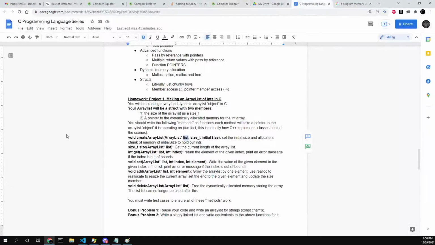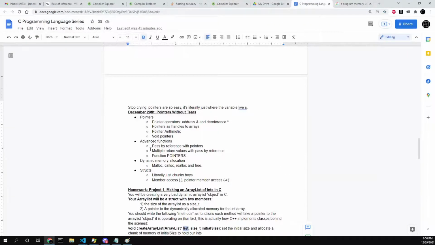So I actually still have to cover structs. What else do I have to cover? I have 10 minutes to cover stuff. I'm hoping I don't go over. Let's see, malloc. All right, I have to go over calloc, realloc, and free. Once you understand malloc, though, calloc and realloc are really easy to understand. And then I'll spend like 5 minutes on structs because structs are pretty easy comparatively. So let's take a look at